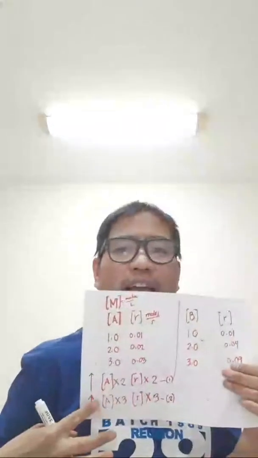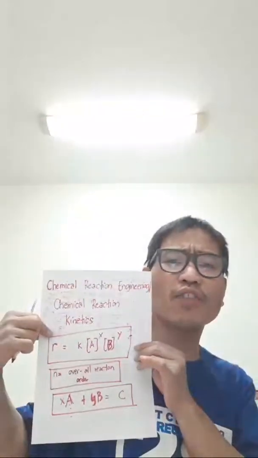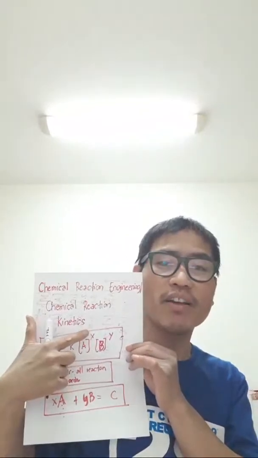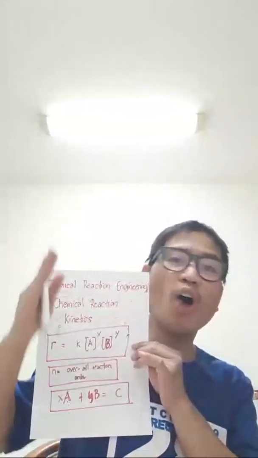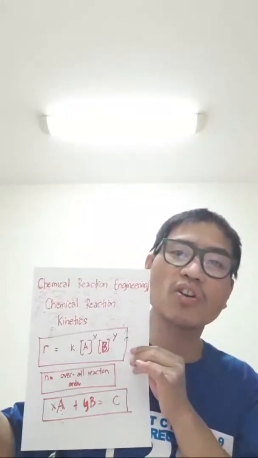The second equation will be like this. Focus here: A times 3, 1, x times 3. Then copy and write that down here. Transfer only. This is 3 raised to the power x. Why x, Sir Sotero? Because we are still on the A concentration. If we refer to the original equation, the rate law of the chemical reaction, A is still the x exponent. And then we have a series of experimental data, so we need x, depending on how many experiments you conducted in the laboratory. So 3 to the x is equal to